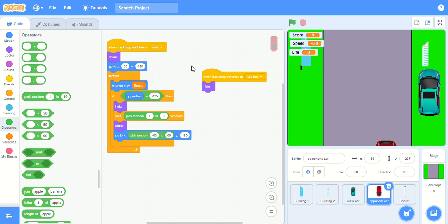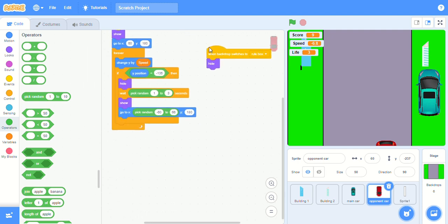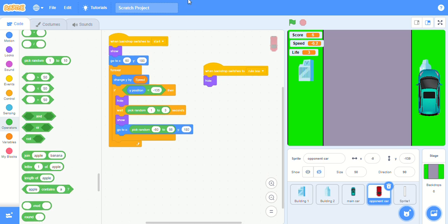Okay. So guys, you need to click on if Y position greater than, not equal to, greater than minus 135. Then hide, wait, pick like that. Okay, I just made a mistake. Okay, and then click on